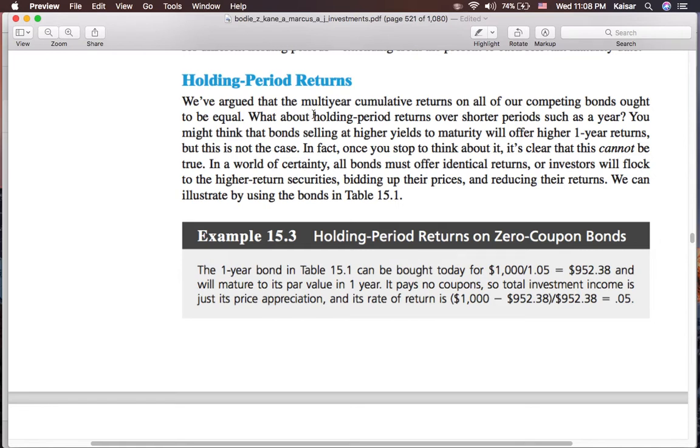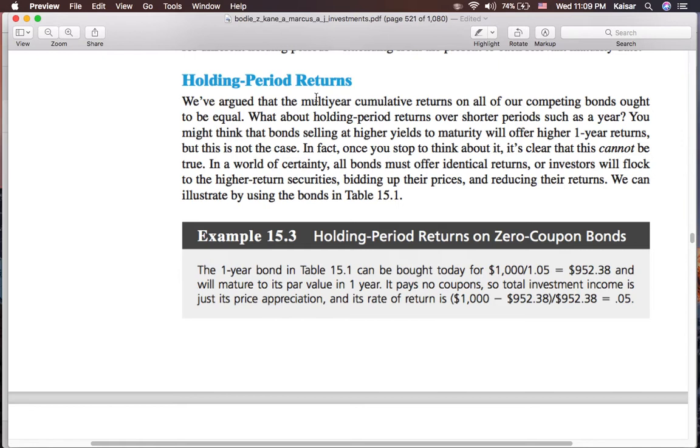You might think that bonds selling at higher yields to maturity will offer higher one-year returns, but this is not the case. In fact, once you stop to think about it, it is clear that this cannot be true. In a world of certainty, all bonds must offer identical returns, or investors will flock to the higher return securities, bidding up their prices and reducing their returns. We can